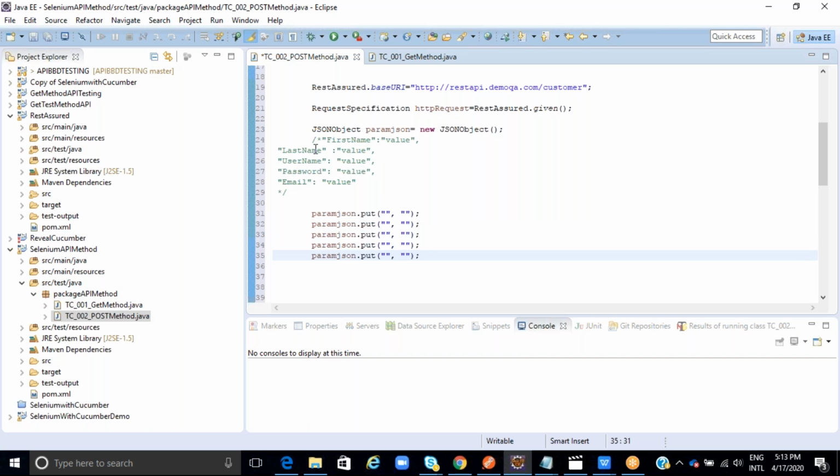Now here the first key is first name. So I am putting first name and I am giving the name cat. Last name, here giving this. Then username I am putting,